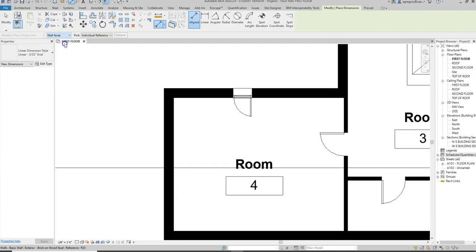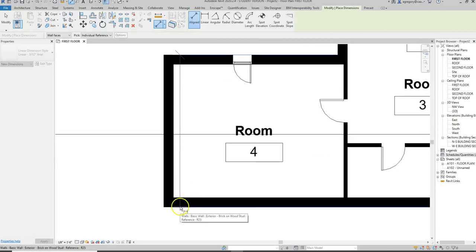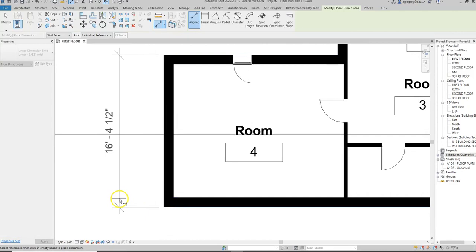which can be both interior face or exterior face. Now when I click on the wall, you notice that a blue line pops up on the outside of the wall or the inside of the wall, and it still gives me the option to dimension from the middle of the wall if I would like to. I'm going to start with an exterior face, and so I want to make sure that I've selected the wall here and the wall on the opposite side on the outside, and then pull my dimension string out and then click. If I want to do an interior dimension, I hit Escape once to get out of that dimension, but to stay in the dimension tool,